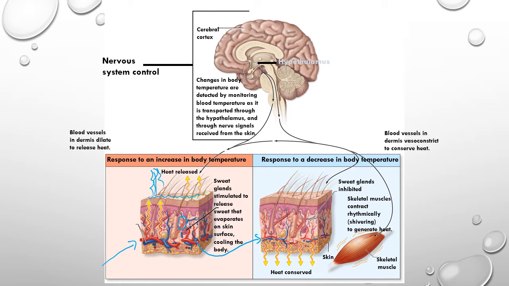And if body temperature drops enough, we may even start to shiver. Our skeletal muscles, especially the larger skeletal muscles, are going to start to contract and relax uncontrollably. And as we use muscle, as we've seen before, this generates heat. We're breaking ATP bonds, the muscles themselves are working, and this is going to generate heat as well.